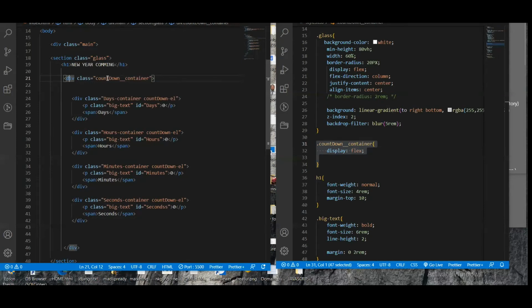You understand this container is housing all these elements: the hour, the minute, and the seconds. This container. You understand? Okay. So when you say display flex,